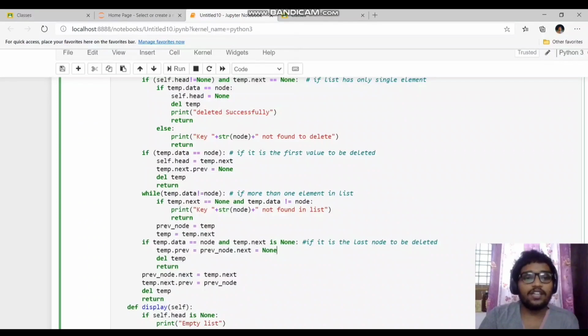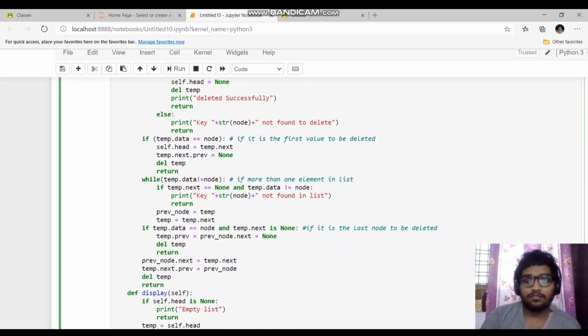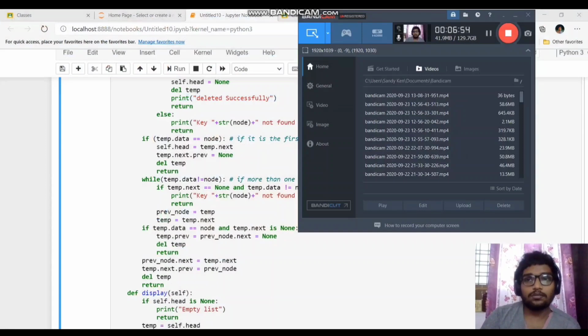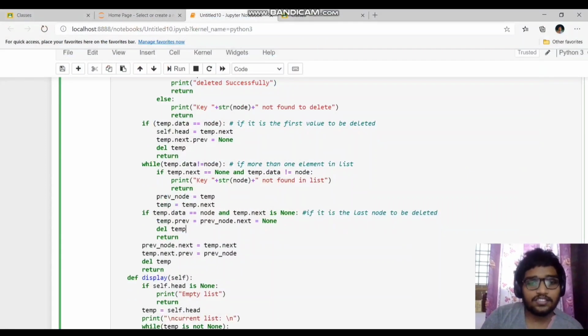That means we are setting the next field of the previous node to none, since the last node now has to be deleted, right? If we delete this last node, the previous node of that one will be the last one, so the next field of the new last node should be none. So that's what we are doing here. Now we'll delete the temporary variable and return from this method. And that's it.